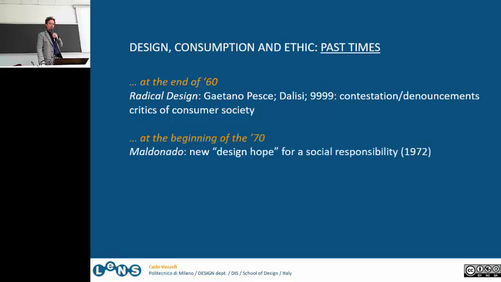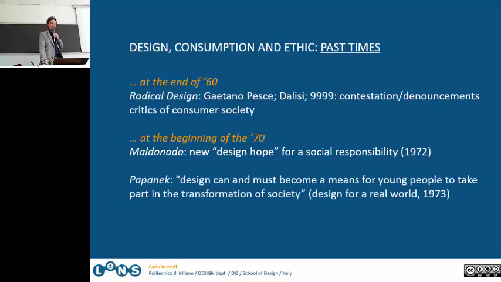Two other very important theorists, who started speaking even earlier than what we can say now, were Maldonado, I believe you all know, who wrote a book about a new hope of design, taking into consideration the responsibility of the designer in the design action. That was a book in 1972, even against this movement of radical design. They were a bit fighting one against each other,